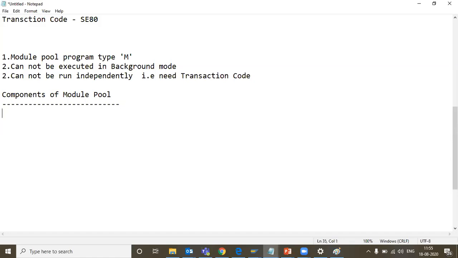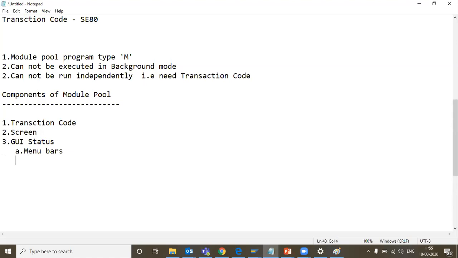So what are the components of module pool? The first component is definitely a transaction code, because a module pool program you cannot run independently. Second, you need to have a screen. Third, you have a GUI status. In the GUI status you have an application menu bar, then a standard toolbar, then the application toolbar.